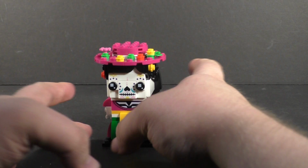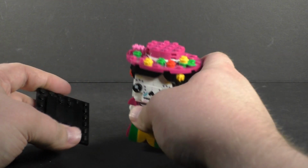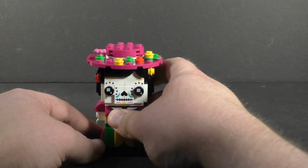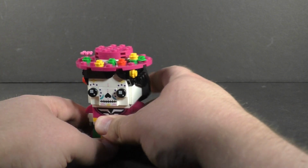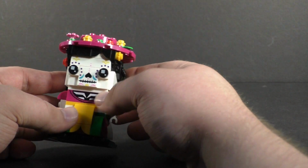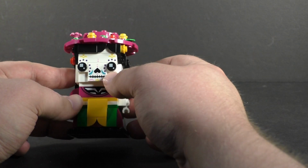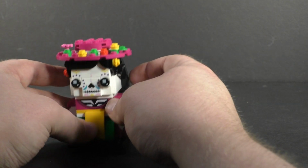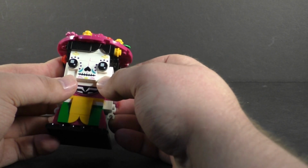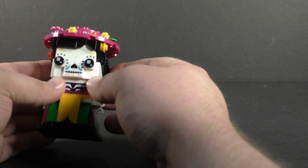it stacks up. So looking at the build proper, it does come as standard with Brickheadz. It comes with both a display stand and the actual Brickheadz you build up. Talking a little bit about who this is based on first, it is based off of folklore and Mexican culture for Day of the Dead. Pretty much based off of the Aztec goddess of death. It's very interesting. Definitely research what this is based off of, because it is a very fascinating insight into Hispanic and Latin culture overall, and